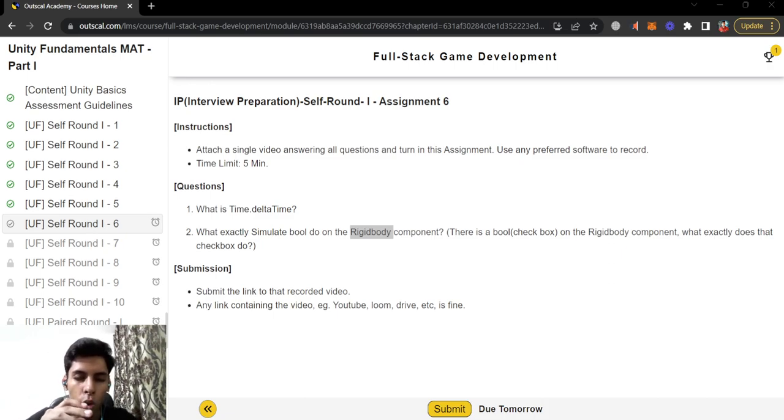Like we want to freeze a player. For example, if there is a booby trap and the player just walked on it and time freezes in that case, so the player can't move for a few seconds or minutes. So we can use the Simulated checkbox in that case, and we can also just disable and enable the Rigidbody component itself, but it